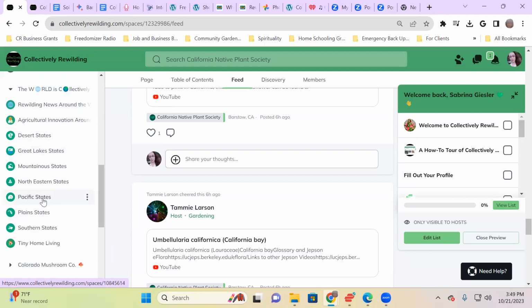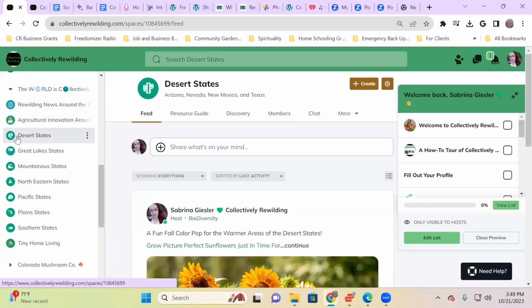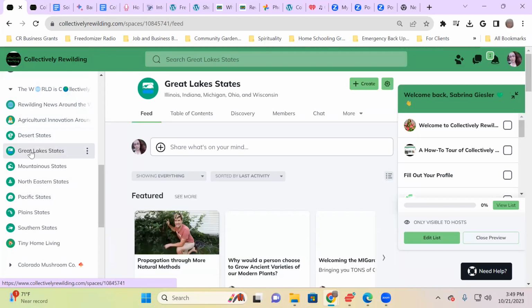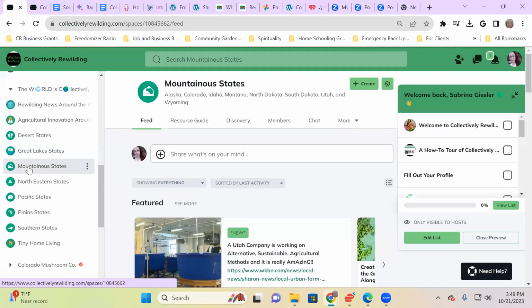I have them broken down a little differently than we normally see. The desert states are all grouped together: Arizona, Nevada, New Mexico, and Texas. Then you have the Great Lakes with Illinois, Indiana, Michigan, Ohio, and Wisconsin, those states that are so much more heavily influenced by the Great Lakes. Then you have the mountainous states, and that's actually even going to encompass Alaska, because when we're approaching it from a gardening, foraging, weather sense,